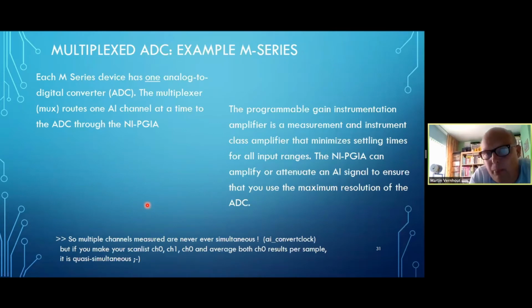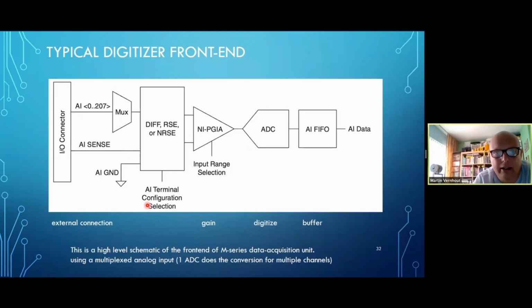Let's go for an example of a multiplexed ADC. So we have one digitizer and we have 5 channels or 10 channels we want to measure. So what we normally put in front is a multiplexer. That's a fast-operated switch, which will make sure that your ADC is connected to channel 0, channel 1, channel 2, channel 3 in a specific order which you might be able to program. If you do that, your channels all need to be of the same amplitude. Your signals need to be strong, so it matches the ADC input range, or you want to have a gain stage in the middle, which can adapt to the range you specify for that channel. And approximately that looks like this.